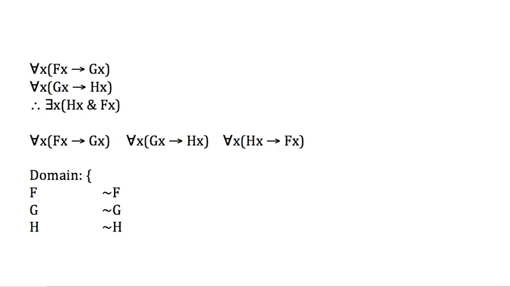There's two ways, in fact. One way is this. Think about the consequence for each of these formulas. We have F, G, and H. If the only thing in the domain is, let's say, the number 5, and 5 is an F, and 5 is a G, and 5 is an H,